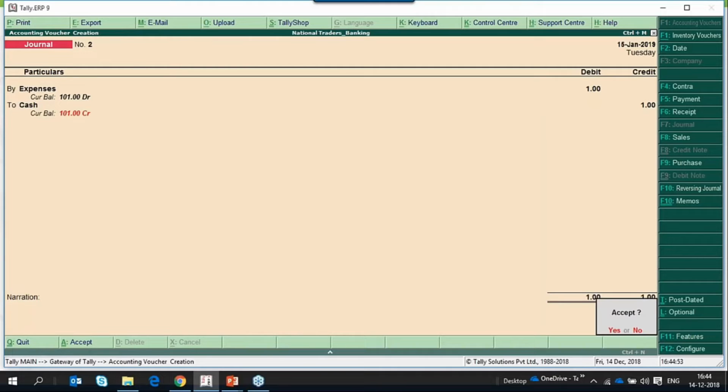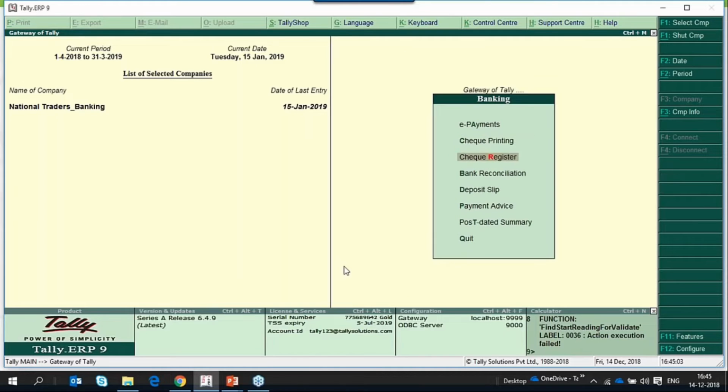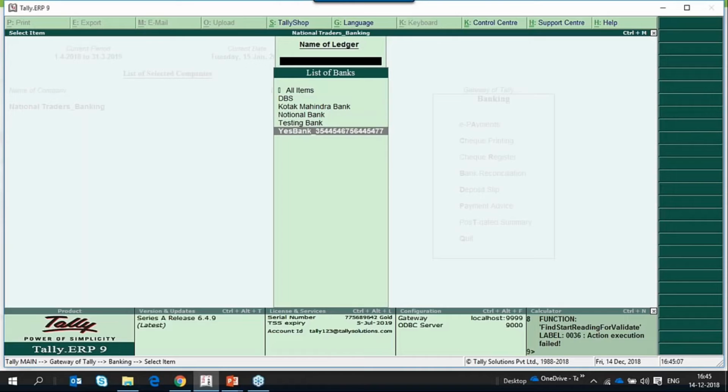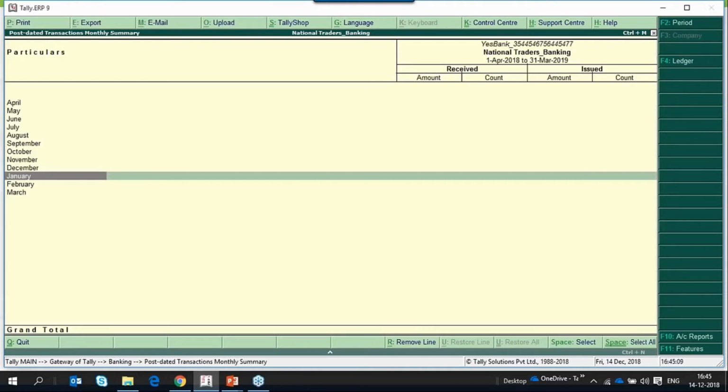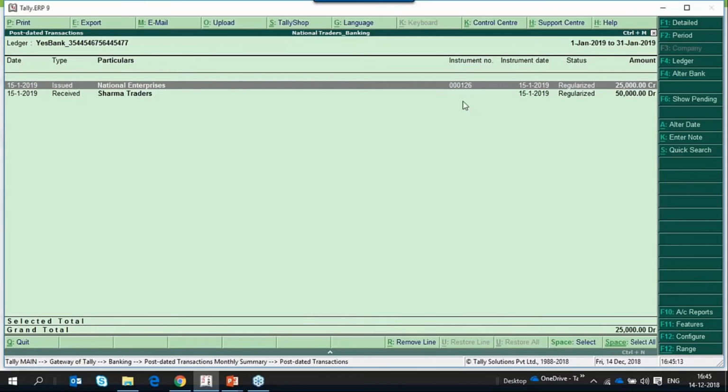So now the date of last entry has become 15th Jan 2019, and the transactions will be regularized. Click on show all, it will show all the transactions.